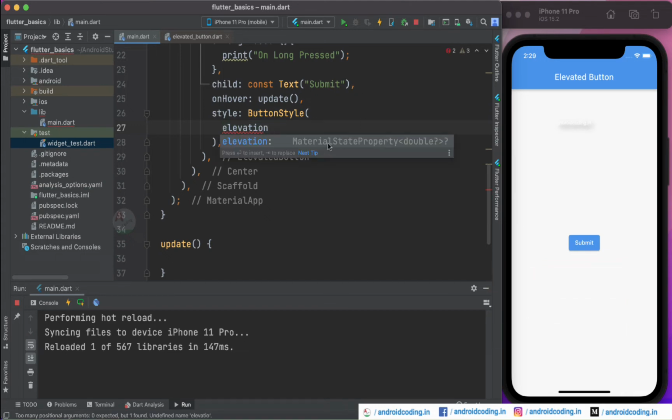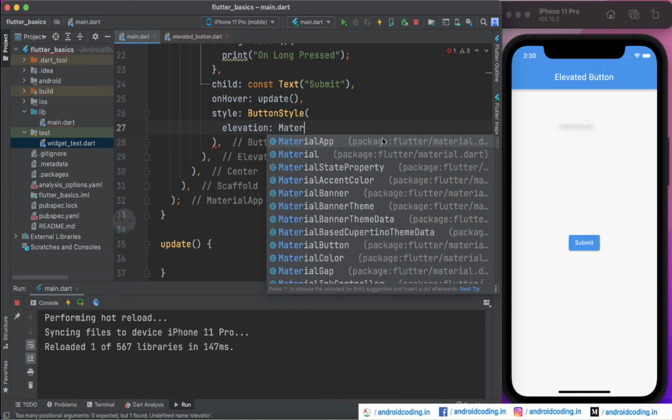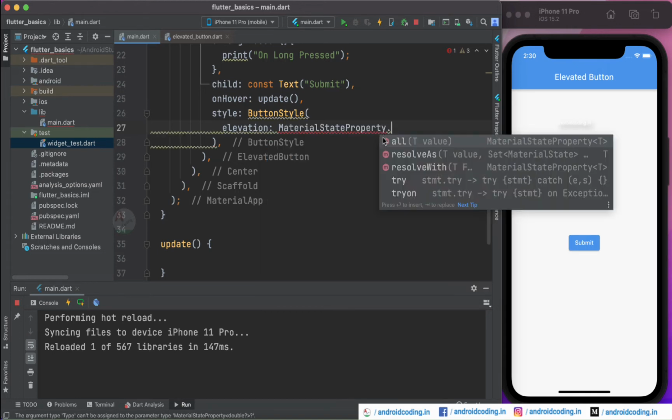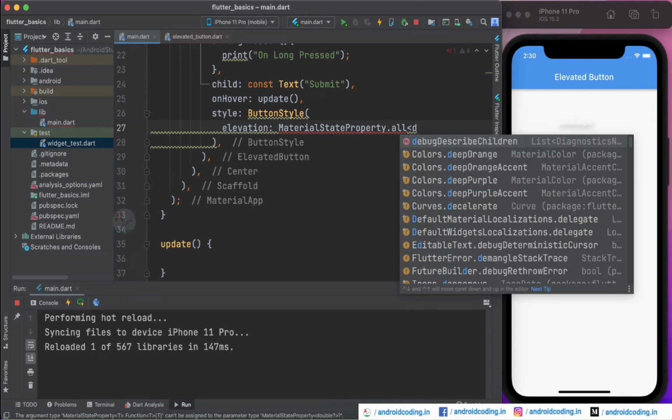Here you can observe MaterialStateProperty. Yes, you need to make use of these MaterialStateProperties so that the properties are handled on all particular states here. So MaterialStateProperty.all, and here the elevation is of type double,